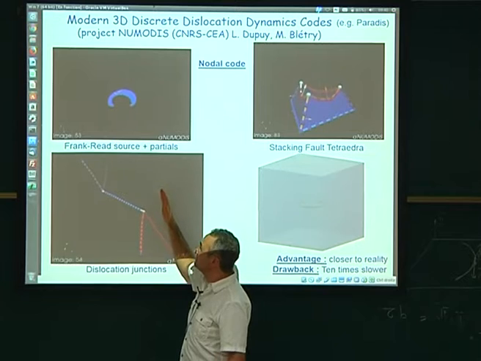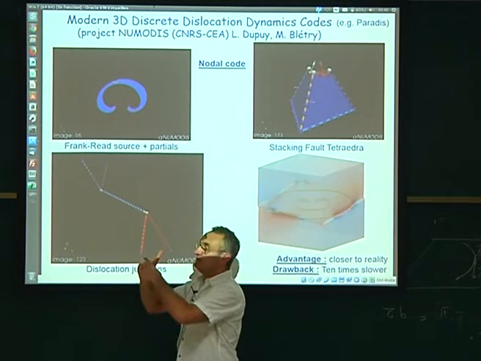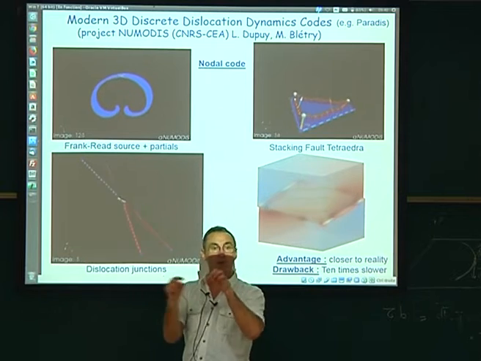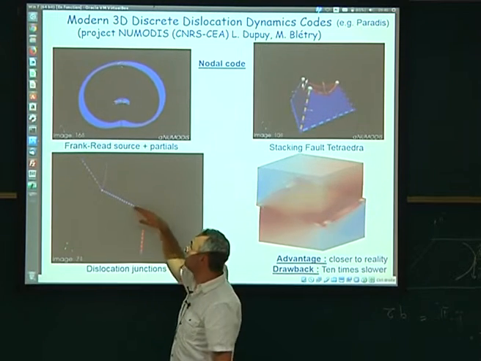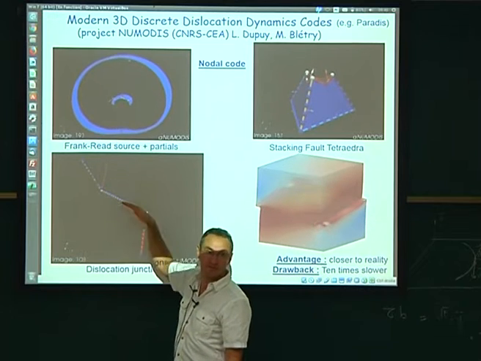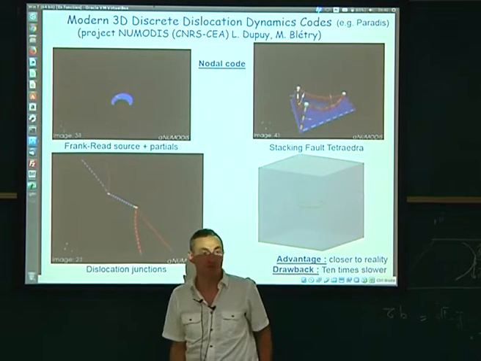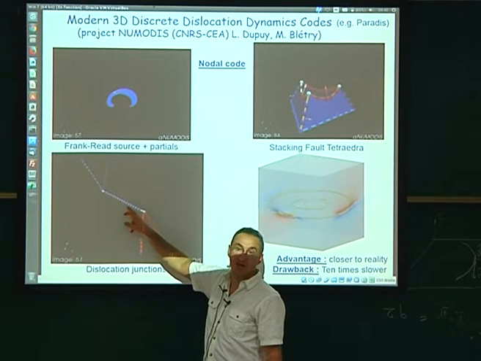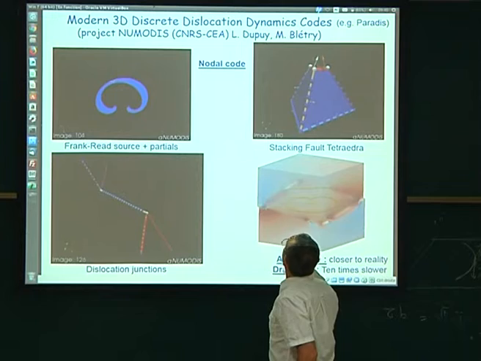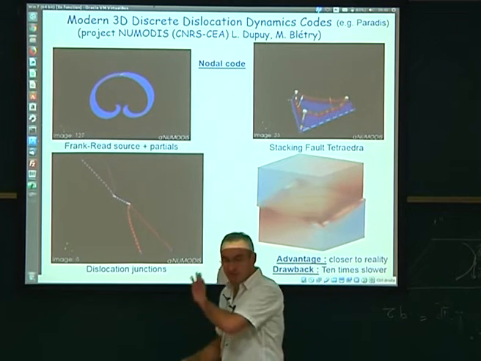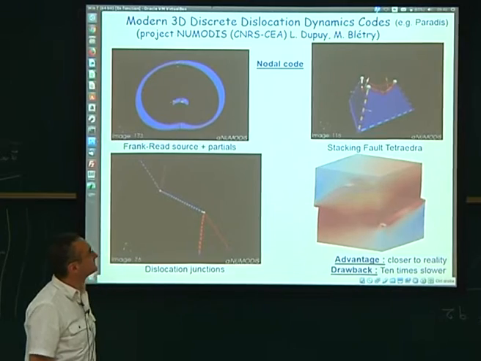And because of internal stresses, the dislocations may attract, not always, but in some cases they may attract, and then recombine. The summation of the Burgers vectors gives you a new Burgers vector here, that if favorable, will elongate and create a big junction. And tomorrow we'll make an exercise on that to look at how this junction could be formed and whether it is sessile or glissile or whatever. So that's another exercise. And the last one here is a stacking fault tetrahedron. Maybe I will come back to that in my next slides.